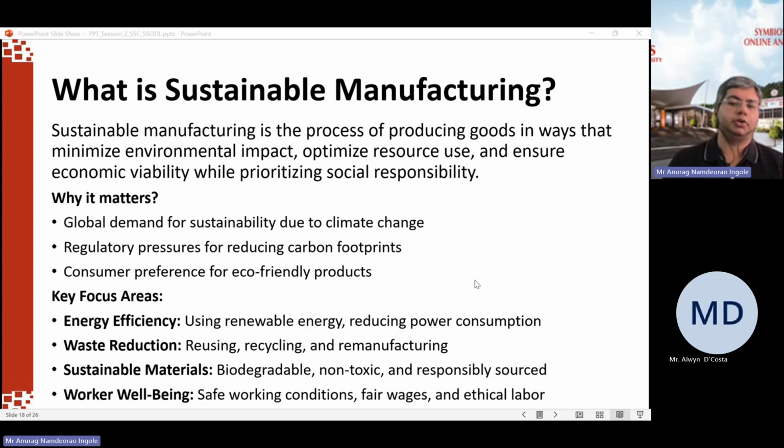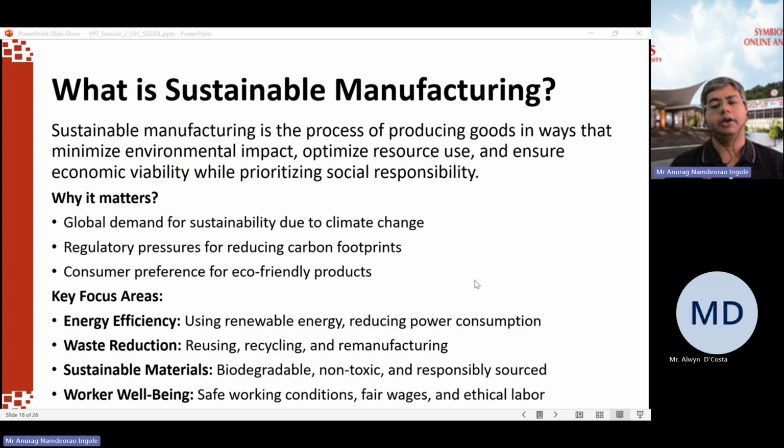But we as manufacturers, can we take them back? The products which are used or no longer used by the suppliers or the customers, can we remanufacture them? Can we scavenge them for some of the parts? Can we still use some parts from that? Can we recycle that? That will come under remanufacturing. So that is a focus area under waste reduction. Then sustainable materials,